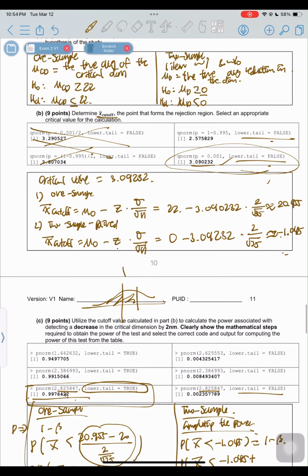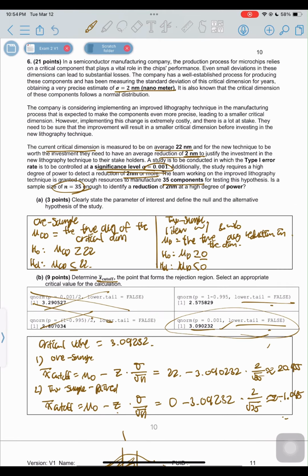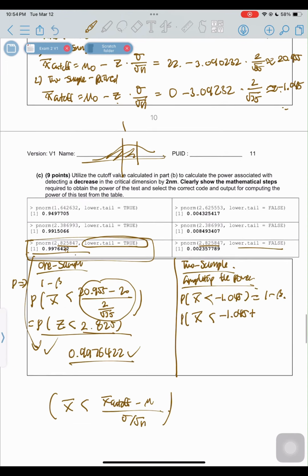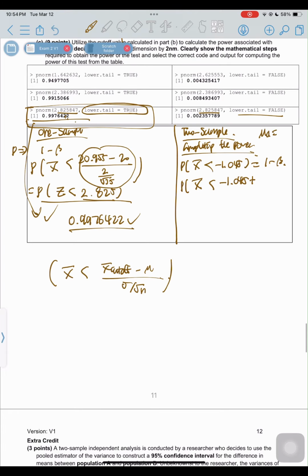Alternative hypothesis is, if you remember, it's a mu a value. If you go back, addition of the study requires a high degree of power to detect a reduction of 2 nanometer, which is why we are going to use mu naught as negative 2, because we are reducing one. So negative 1.045 plus 2 instead of negative. I mean, it is still negative, but if you plug it in x cutoff,